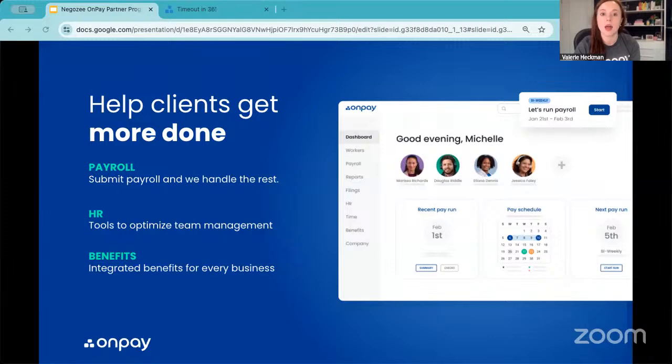The system also has a number of HR tools available. They're built in to really help your clients manage their teams, hire employees, build out org charts, manage things like time off requests. And we also have an in-house benefits team. And this is really great because OnPay works with all the top providers in all 50 states for medical, dental, and vision insurance. And we have licensed brokers in-house that can help your clients get set up with those plans